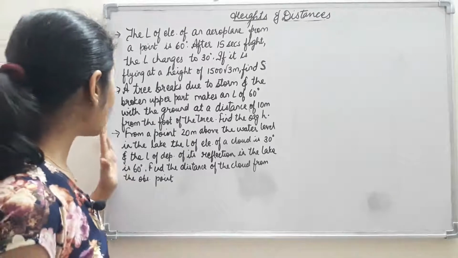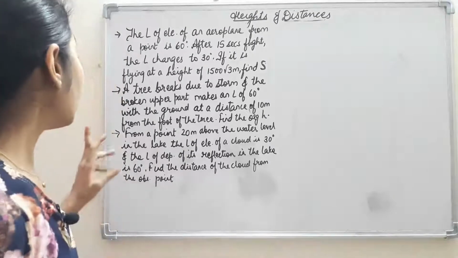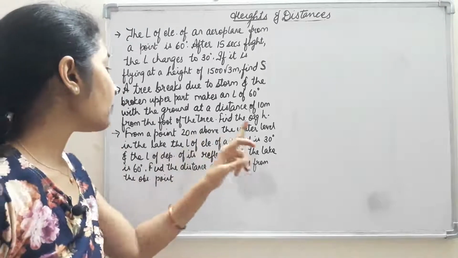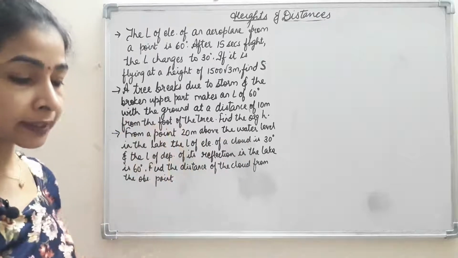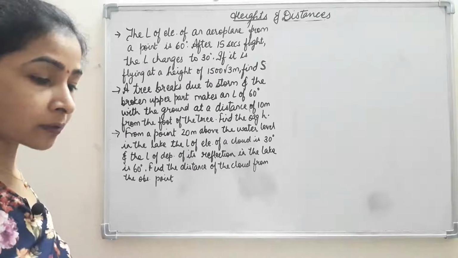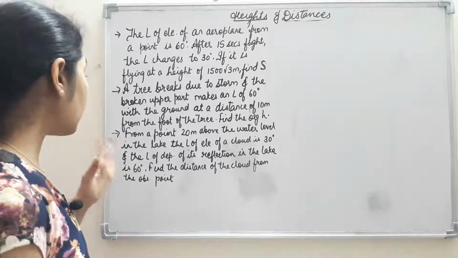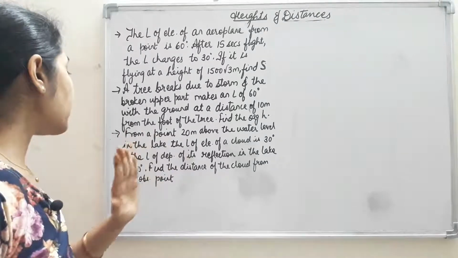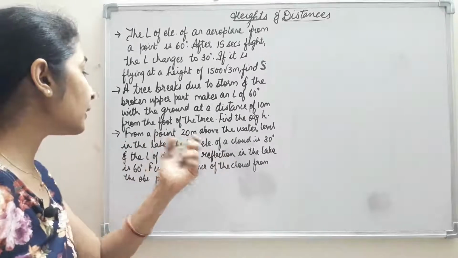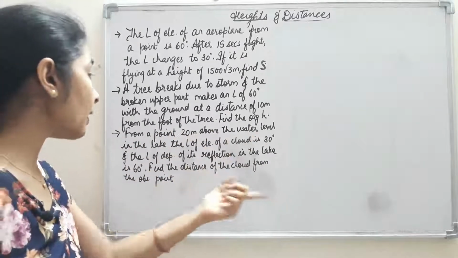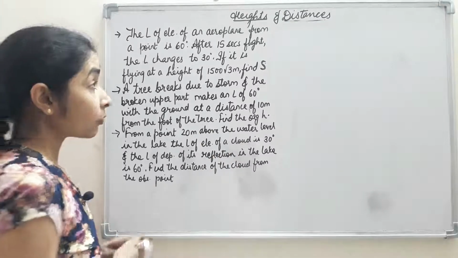Yes, so let us start with the last question. From a point 20 meters above the water level in the lake, this is the most complicated question that we have solved up to now. So let's go through it step by step. From a point 20 meters above the water level in the lake, the angle of elevation of a cloud is 30 degrees. Now here,